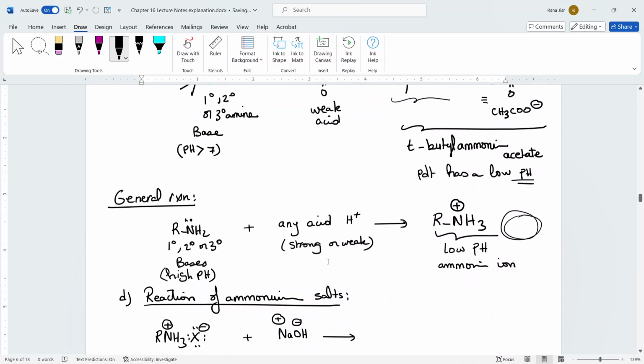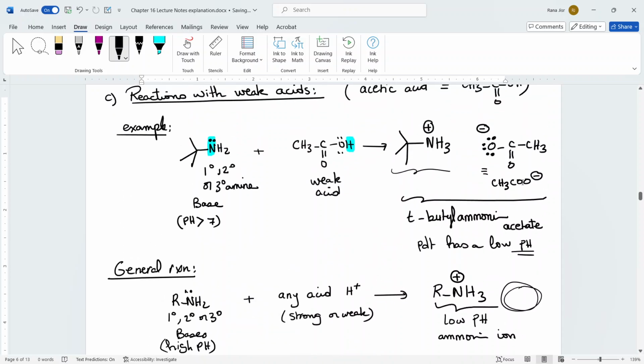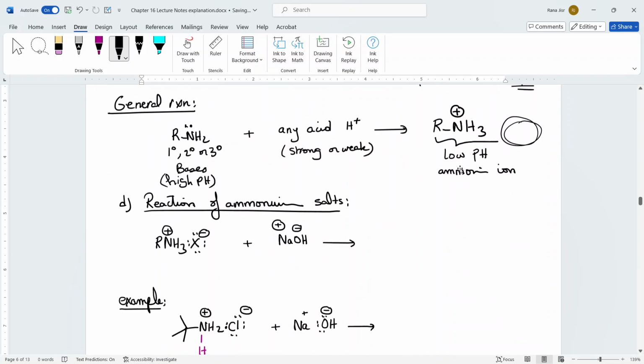Now, once you make those ammonium ions in there, once you make the ammonium salt, you can simply react the ammonium salt with a base, and you're still going to end up having an acid-base reaction, because those hydrogens around the nitrogen are acidic. So here you have a base. It's a strong base because it has a negative charge. That base is going to come and take any of these acidic hydrogens.